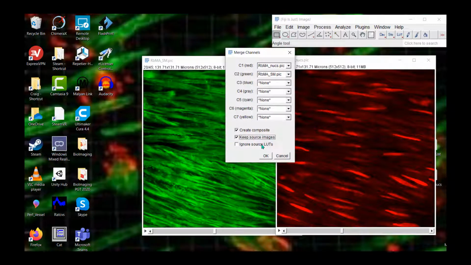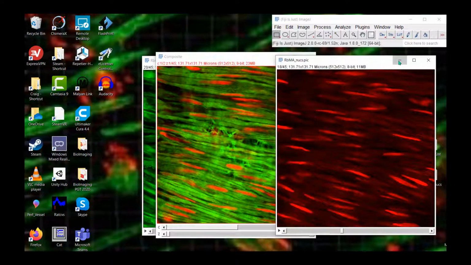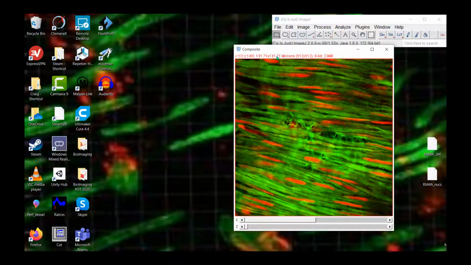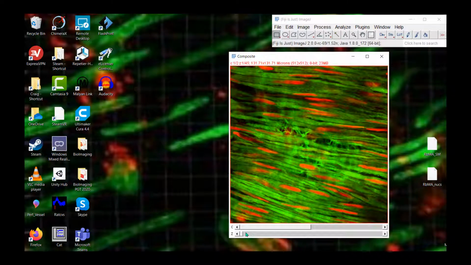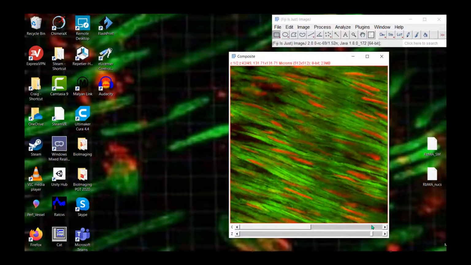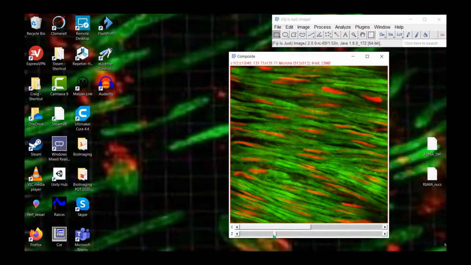Keep the source images just in case something goes wrong. Okay, and then I've got my composite. I will remove my original images. So we've got a nice composite image where you can see the long, thin, green, smooth muscle cells with the red nucleus, the cell nucleus, pretty much in the centre of the cells.